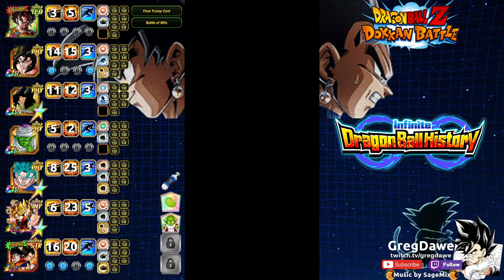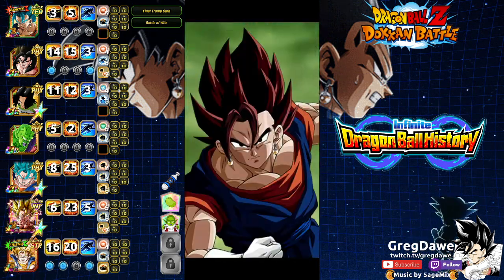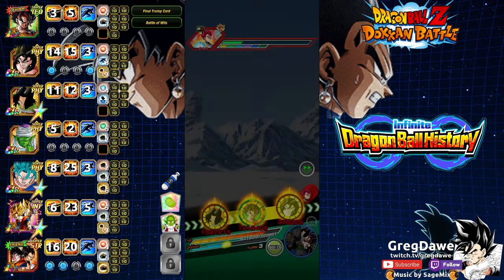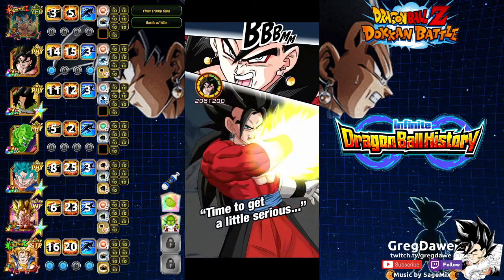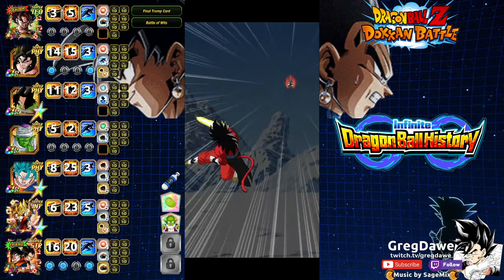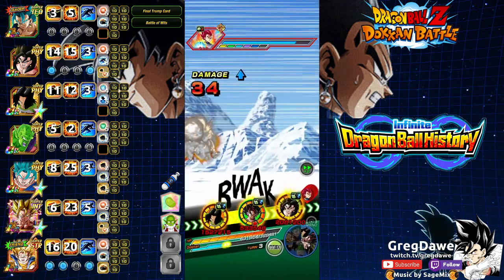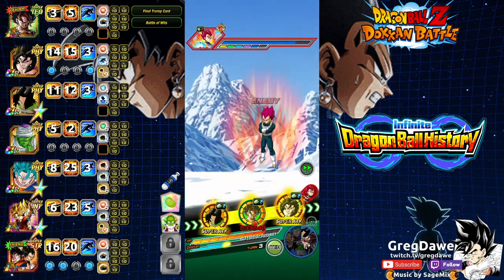So if we can get this, I like 3 stacks with this Tech Vegito Blue, or Tech LR Vegito I should say, he's not blue yet. So if we get an additional here, that will be 3 additional supers, I should say, and we don't. So he's only going to get 2 stacks, keep that in mind when you're assessing him later in the fight. But obviously Super Saiyan 4 Vegito is just ridiculously strong,